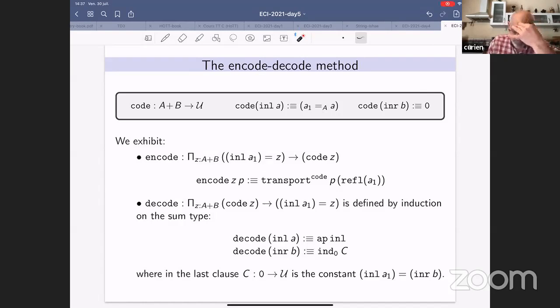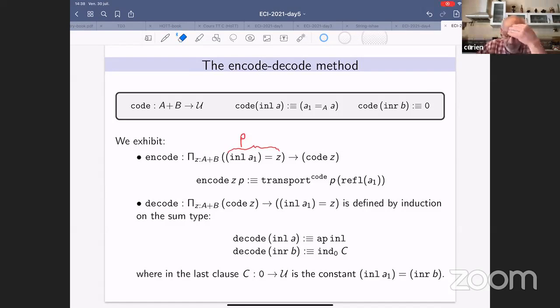Okay, yes, and P. What was P? P is a proof. Okay, maybe I write it. P is a proof that in what? P lives here. P is here. P lives here. Okay, so the idea is, well, we want to get to code Z, and we